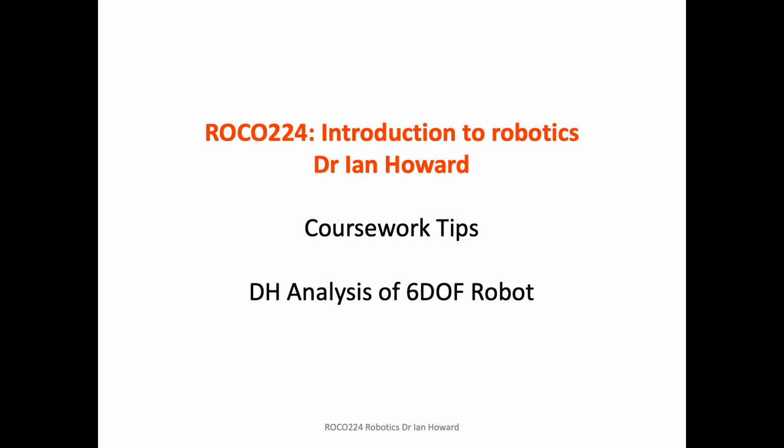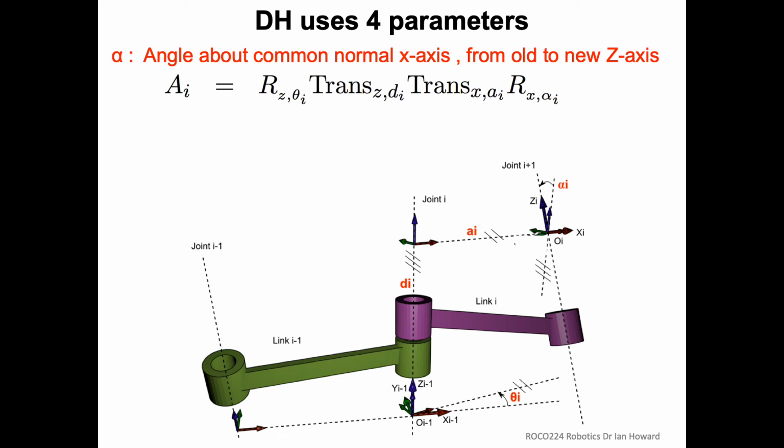I'm now going to talk about using Denavit-Hartenberg parameters to analyze the kinematics of robots, in particular our 6 degree of freedom one that you're getting for the coursework. And you will recall that Denavit-Hartenberg uses 4 parameters. The way Denavit-Hartenberg is built up is it's basically saying we can represent the transformation from one